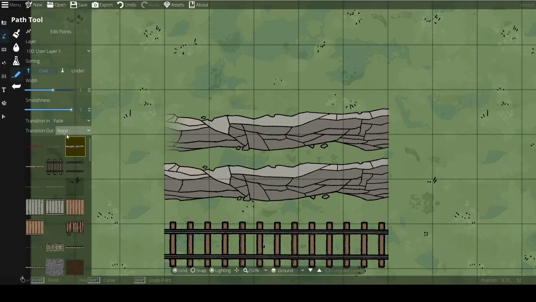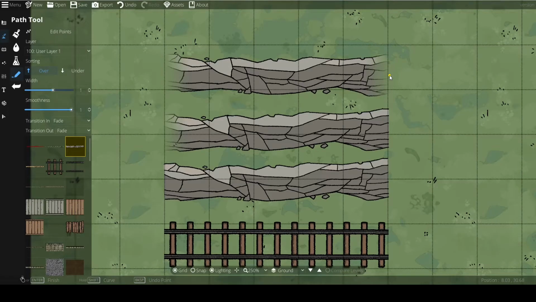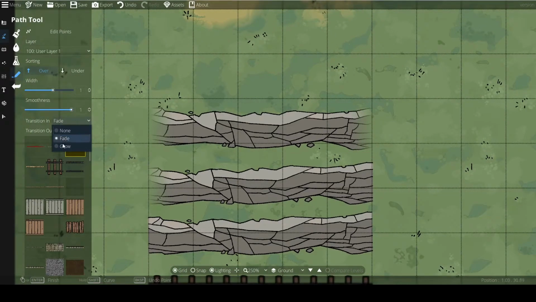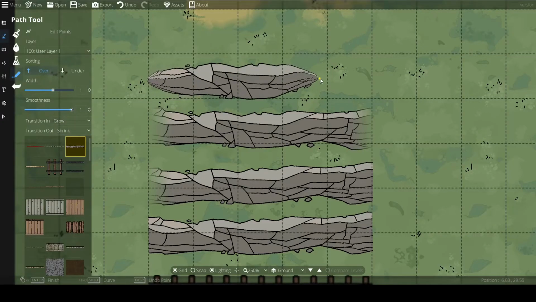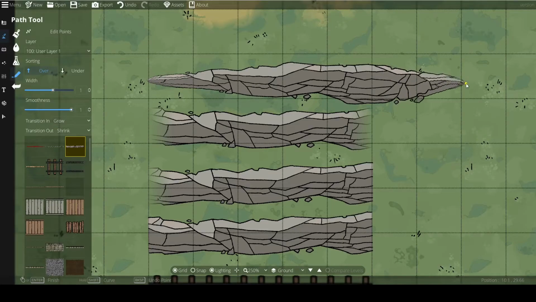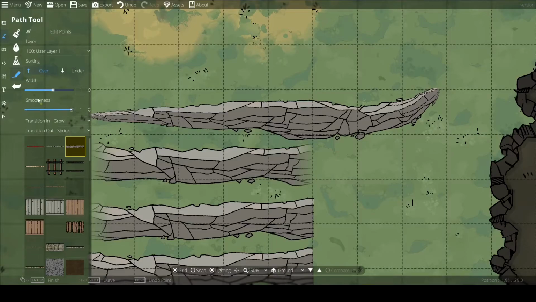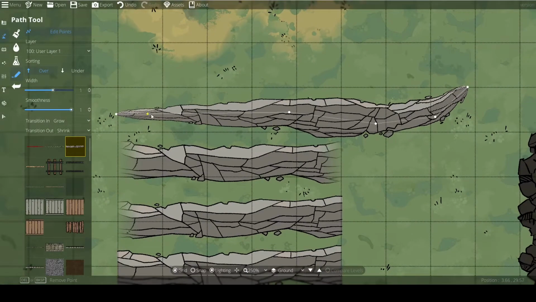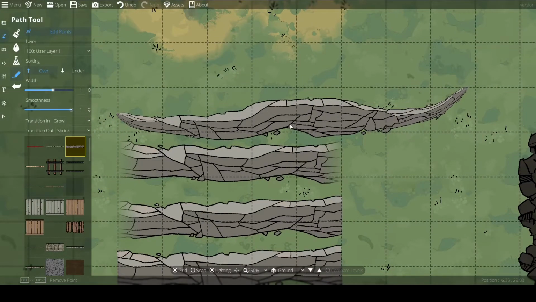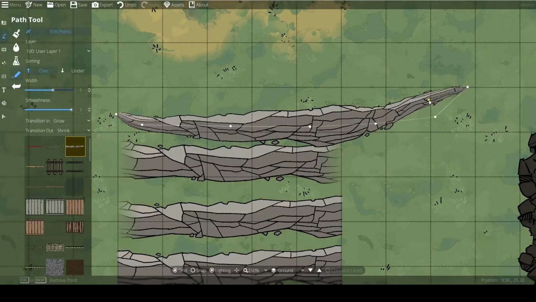So there's a fade. You can fade both ways, in and out. So there's a little bit of a fade effect. There is a grow effect and a shrink effect as well, and this will make your cave, or I should say your cliff, sort of squeeze in, and when you adjust it, you can see that it does automatically